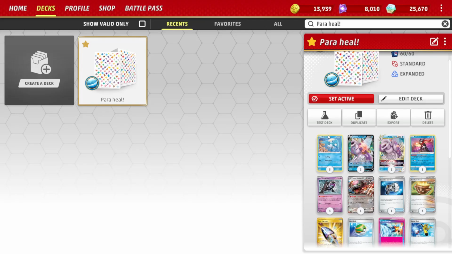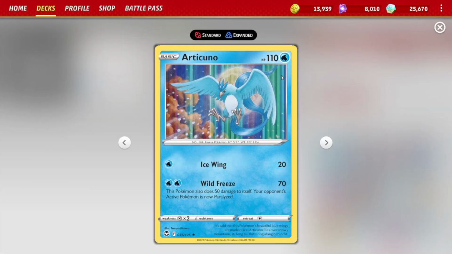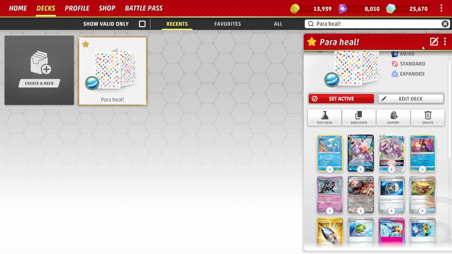What's going on, everybody? It's Professor Gnome, and today we're going to be looking at an interesting deck that we played against in a recent video, and that's going to be Articuno with the attack Wild Freeze, which does 70 damage, but when it attacks, it does 50 damage to itself, and the opponent's active Pokemon is now paralyzed. That's not an incredible attack on its own, but why it is important is that we're going to be